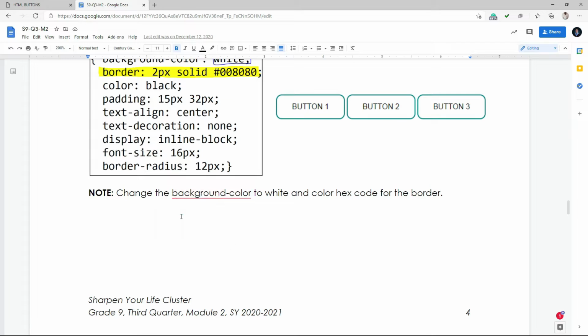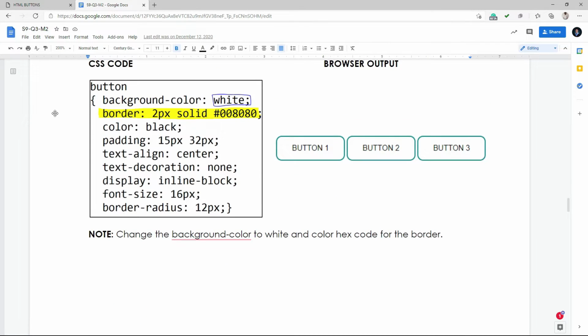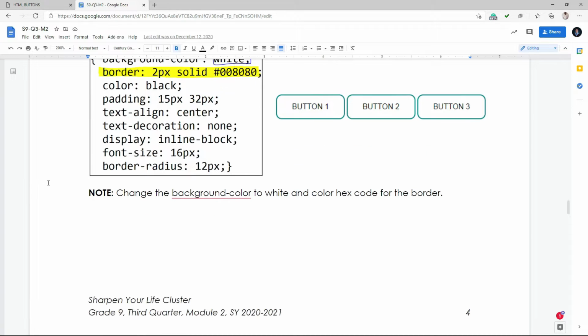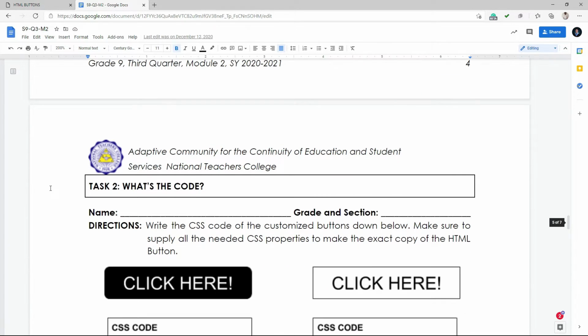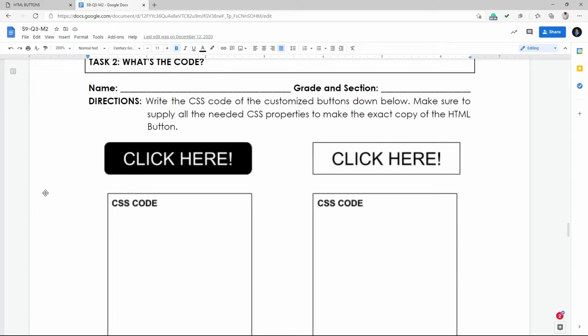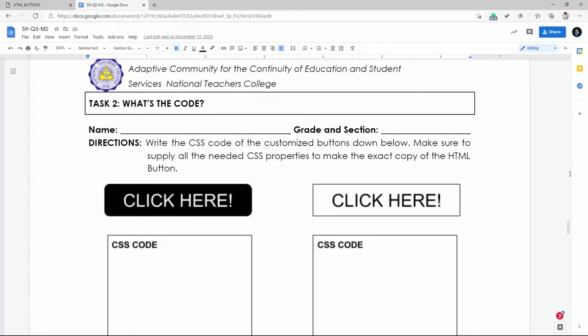So, note, change the background color to white and color hex code for the border. So, kailangan palitan mo yung background color naman. Kasi kung ginawa mo pa rin yung green, hindi na makikita yung text or hindi na siya magandang tingnan sa website mo. Okay? So here, task number 2 are